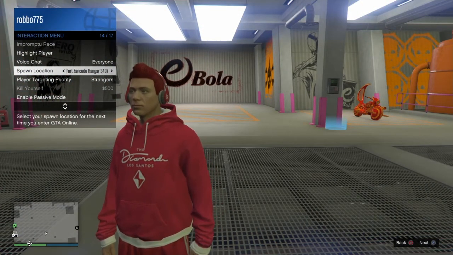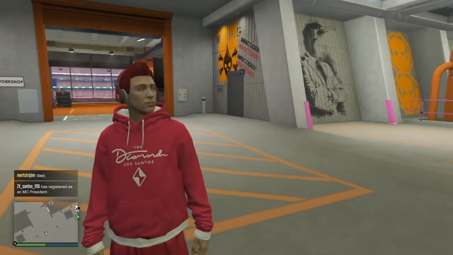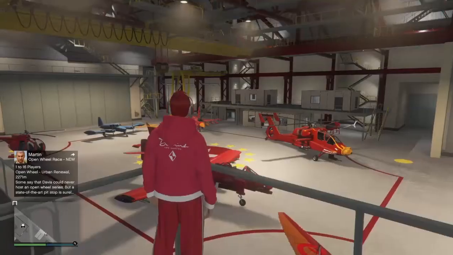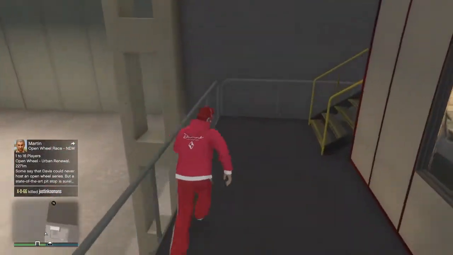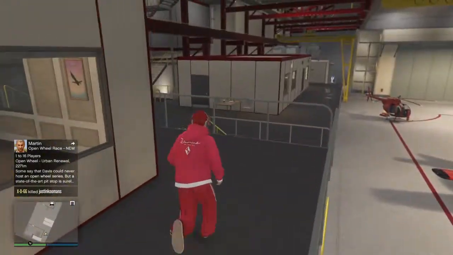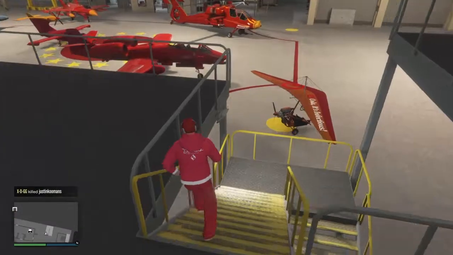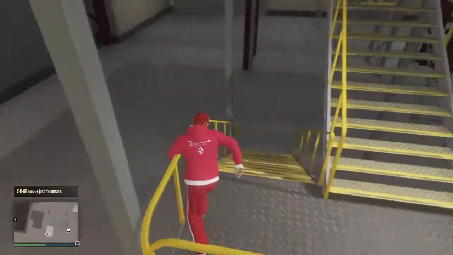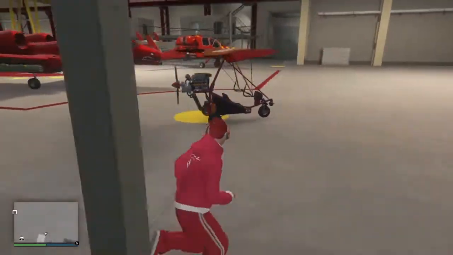Hangar. Oh, I could show you my planes actually. I'll show you my planes in my hangar. Alright, so I'll see you guys in my hangar. Alright, welcome to my hangar. This is where I keep all my planes and helicopters. Alright, so we'll go downstairs. Okay, so